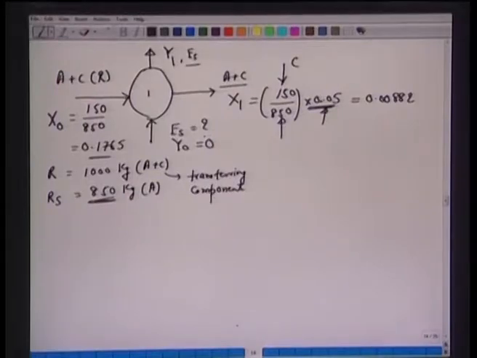Okay. And now we have another stream here which has mole fractions Y1, and this is your ES. So, ES will remain the same because we said it is a solid free basis, and Y1 is unknown here. How much is the mole fraction concentration in the exit phase here? Now, of course, we can write a material balance.